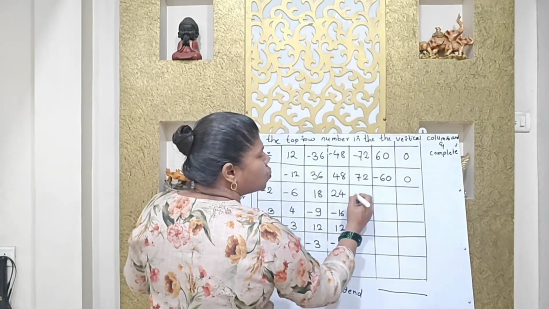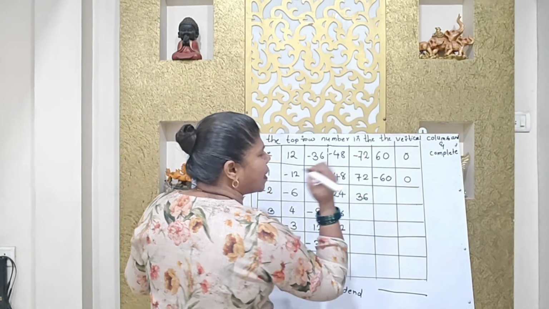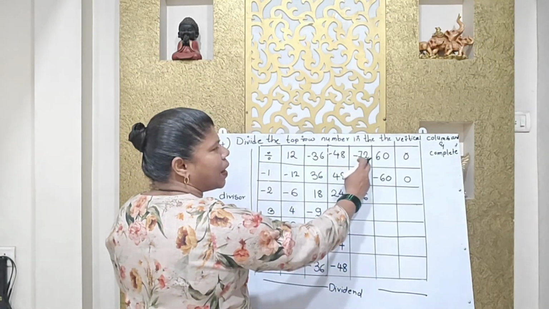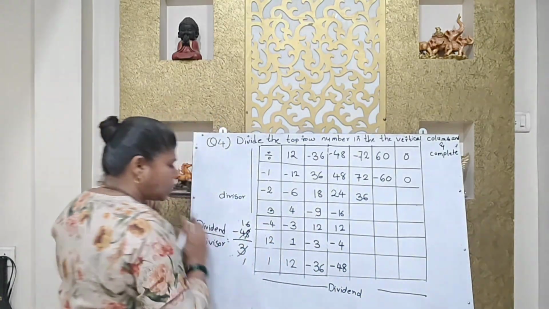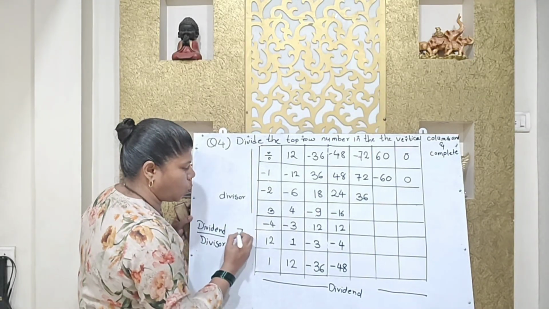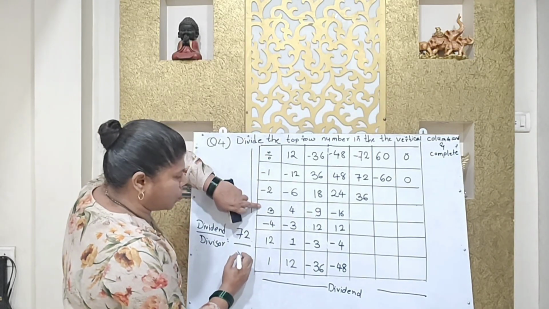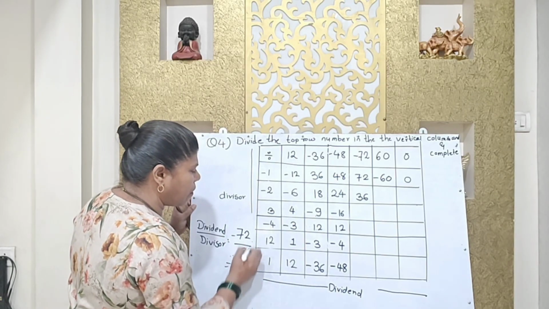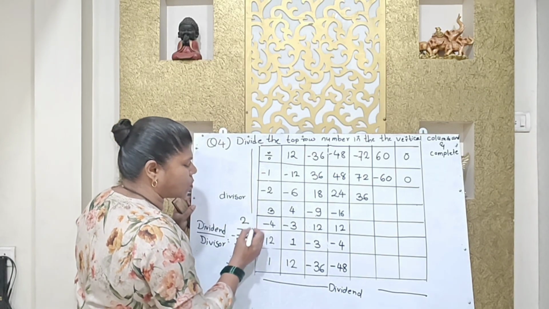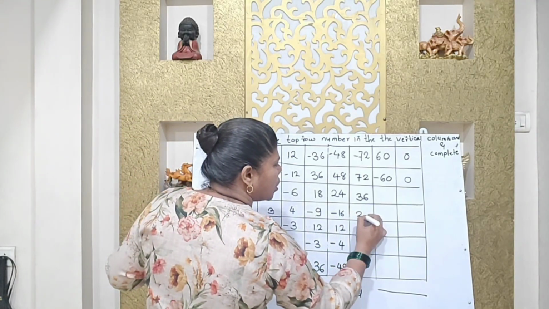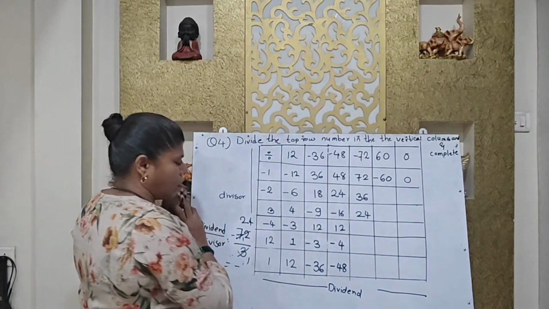Divide by 2. 2 3s are 6, 2 6s are 12. Now, minus 72 divided by -3. Now, 72 divided by this 3. So, minus plus minus. 3 1s are 3, 3 2s are 6, 3 4s are 12. Answer will be 24. Okay. And now